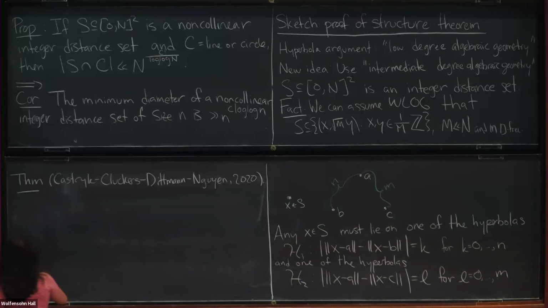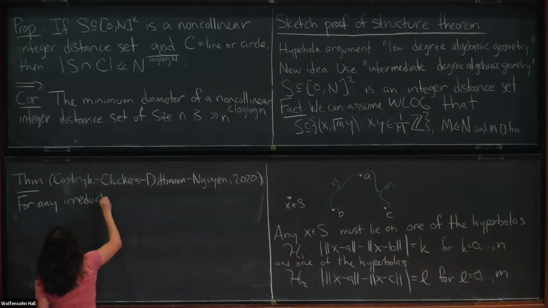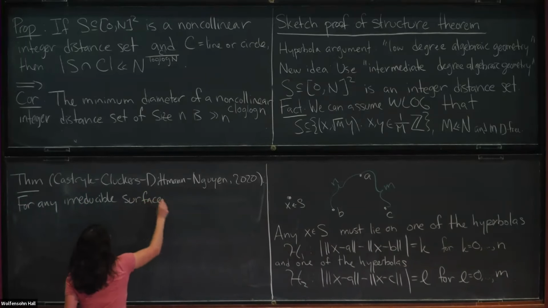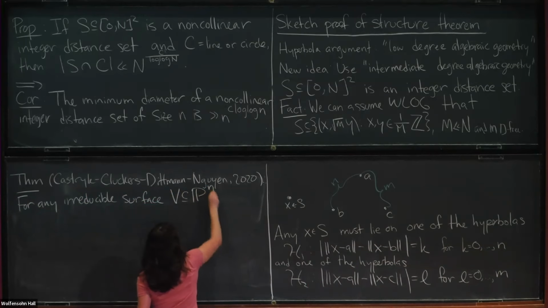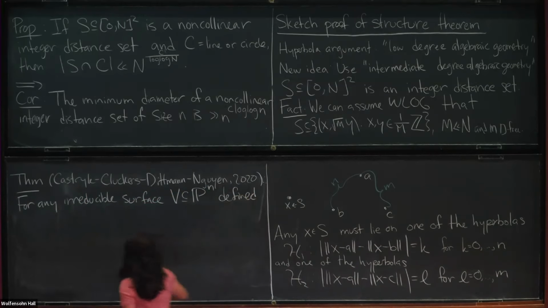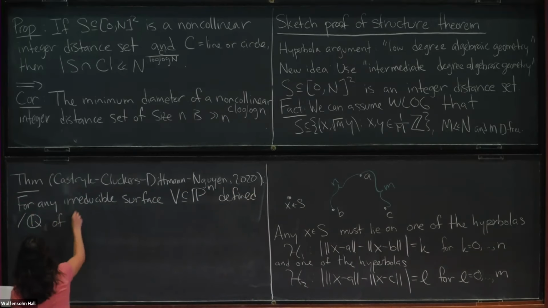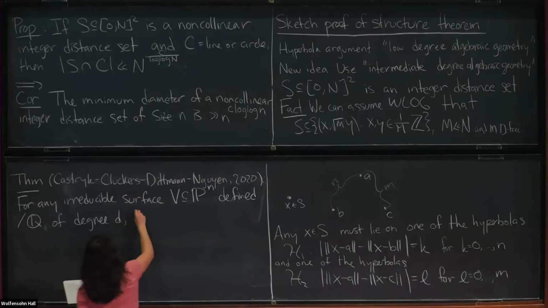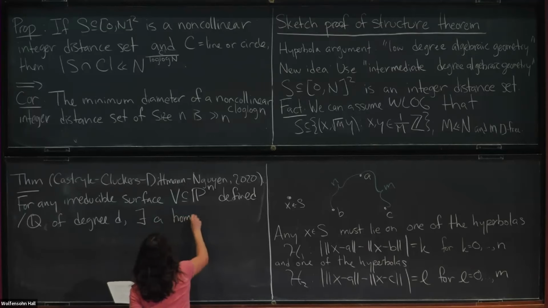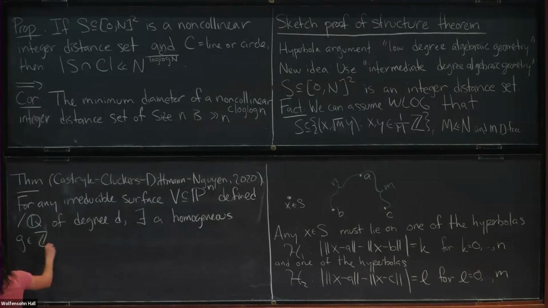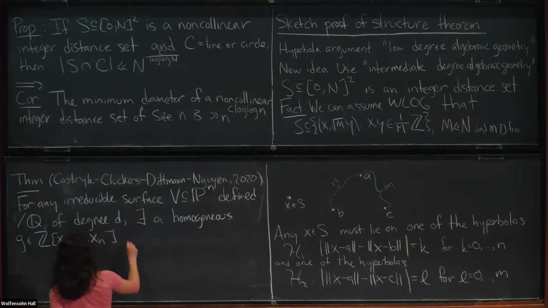For any irreducible surface V in n-dimensional projective space defined over the rationals, of degree D, there exists a homogeneous polynomial G with integer coefficients that itself has degree